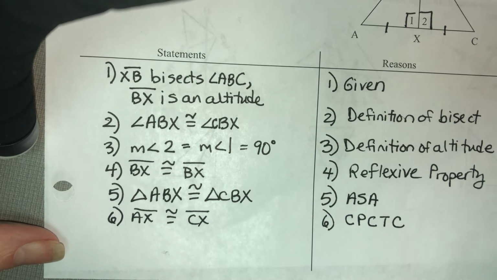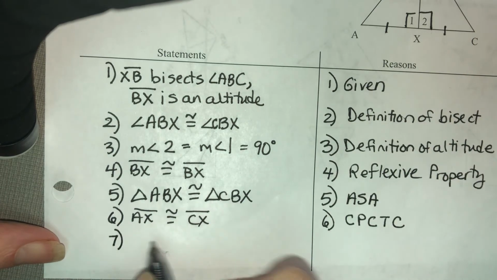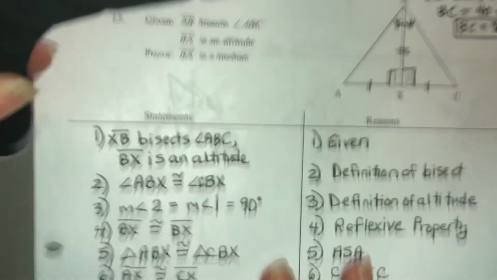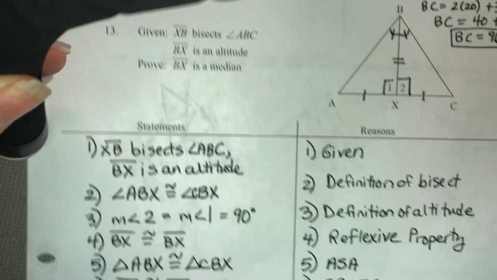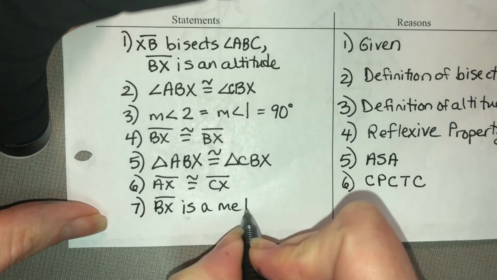And now, since those are equal, I can say that BX is a median, which is what I'm trying to prove. That's what they told me to prove, so that's my last statement. BX is a median